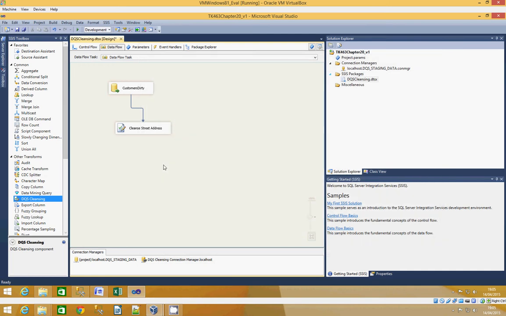And the next thing we're going to do is we're going to prepare for exact matches. So we're going to use a lookup transformation. I'm going to call that exact matches. Expand that. So let's connect those,